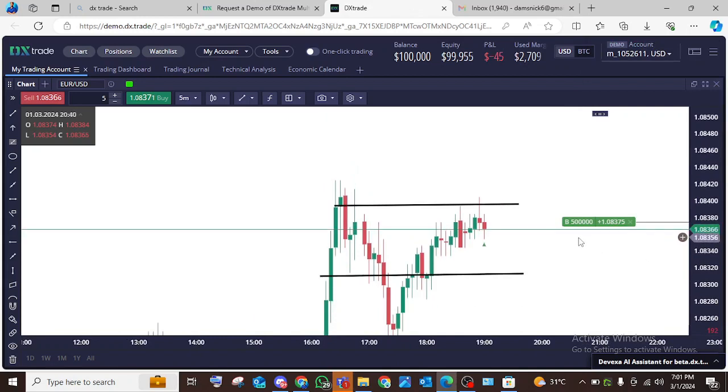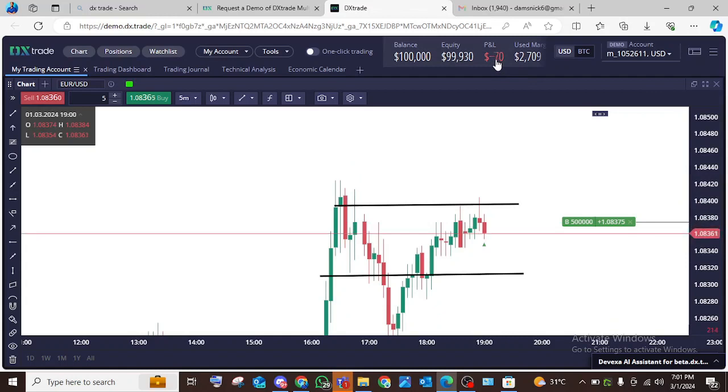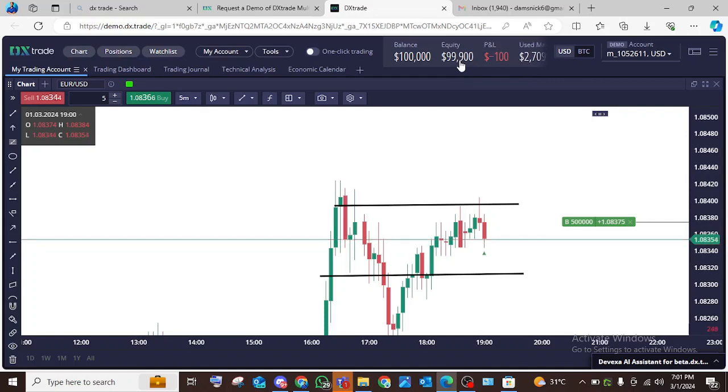So you want to manage your positions, and I want to go check out this section over here. You can see I'm in loss of about -$60. So the loss is counting, guys. My equity is down about $99,000 and my balance is $100,000. This is a demo testing, so this is how you're able to execute and place trades on